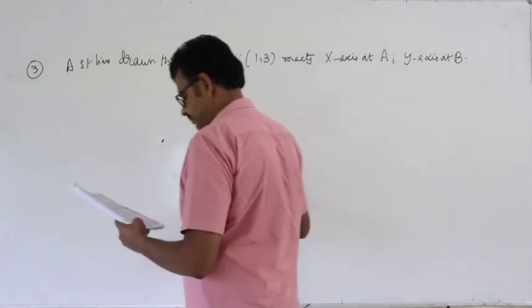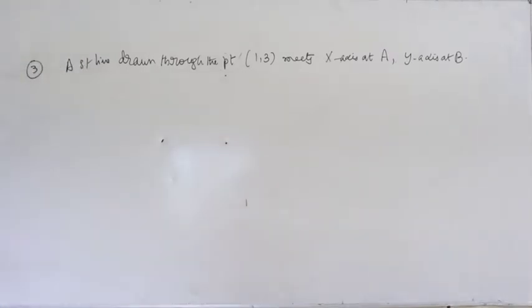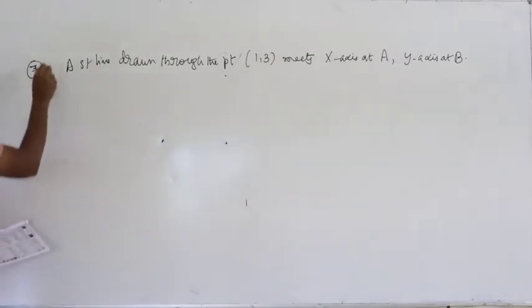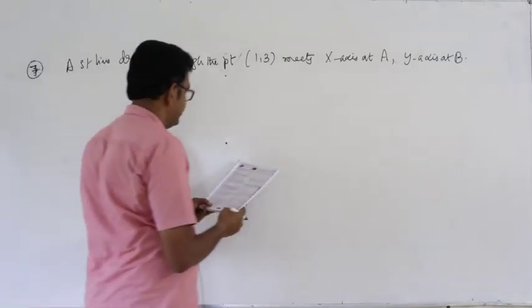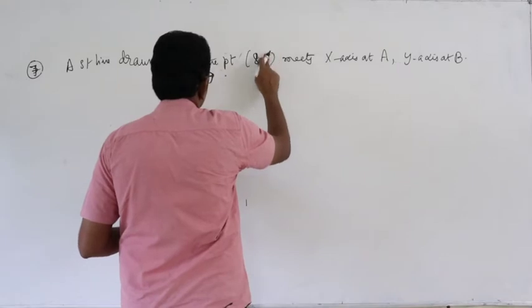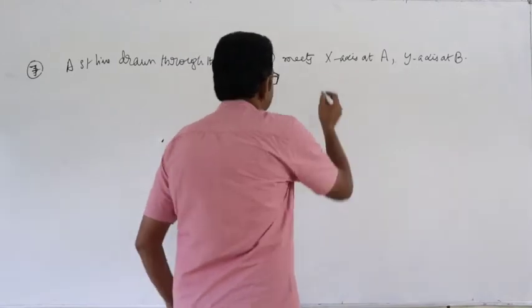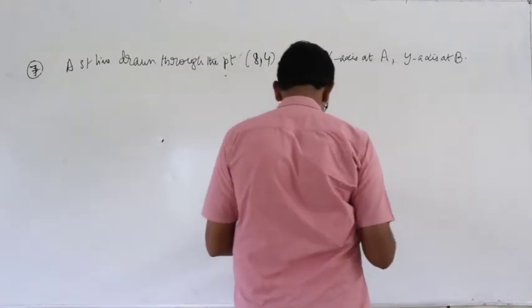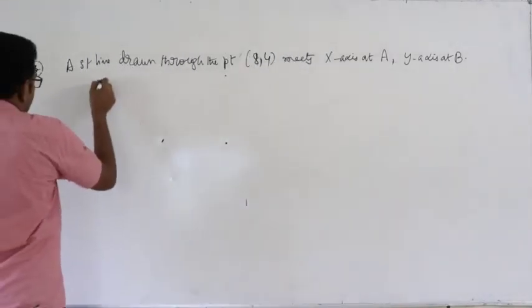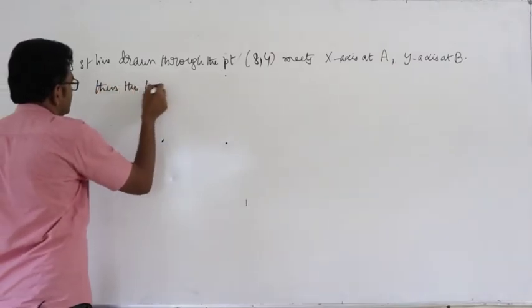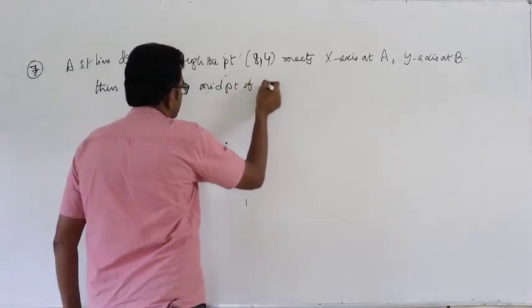Next problem: a straight line drawn through the point (8, 4) meets the x-axis at A and the y-axis at B. Then the locus of the midpoint of AB is